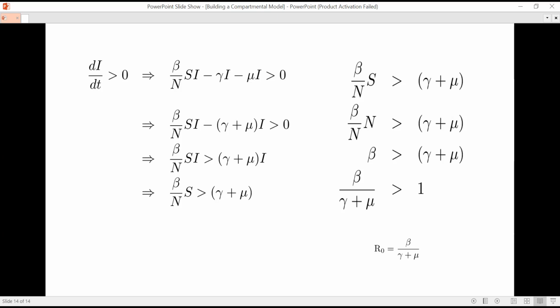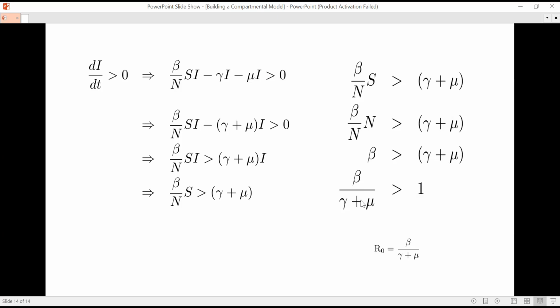We say that at the beginning of the disease, the number of susceptible are comparable to N. So we can just assume when the disease starts, the S was close to N, in fact, and cancel them out so that we have the transmission rate from the susceptible to the infected being compared to these parameters. And if we divide both sides by this, this will cancel, we'll get 1, and this will be beta over